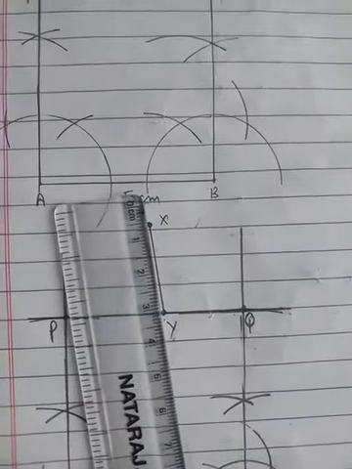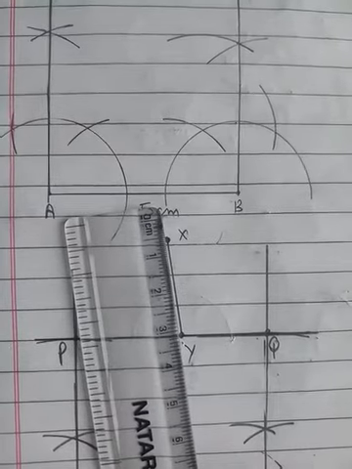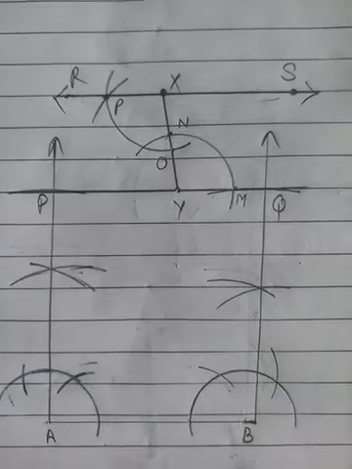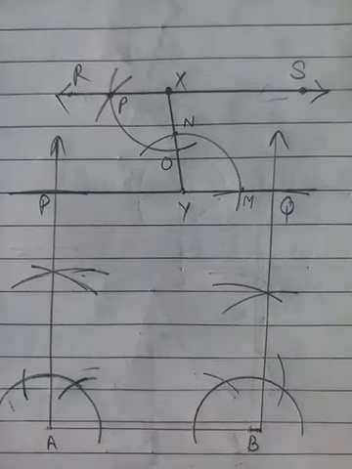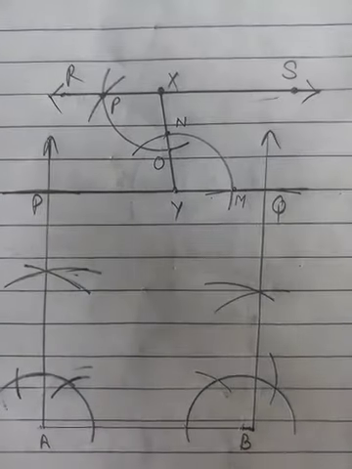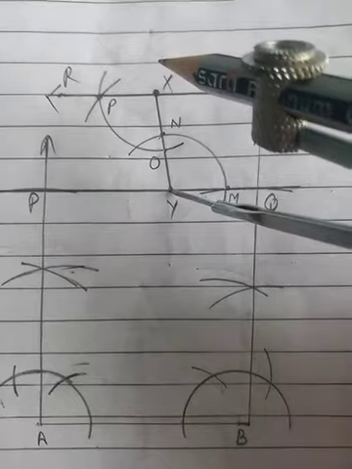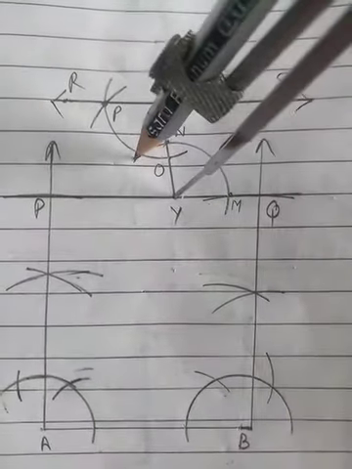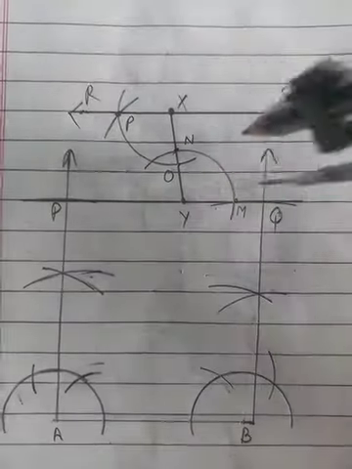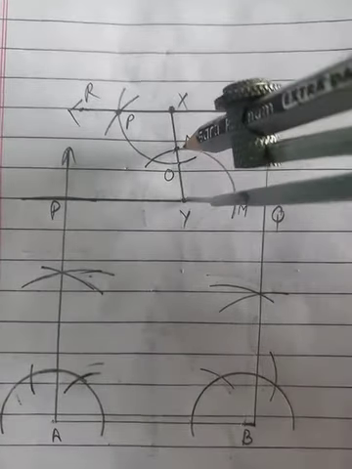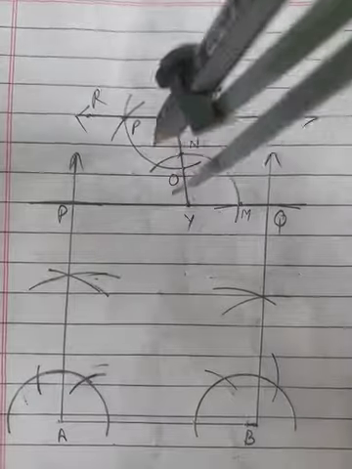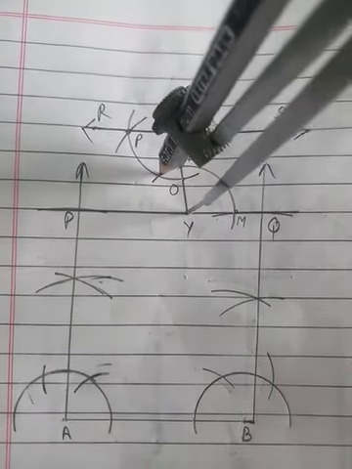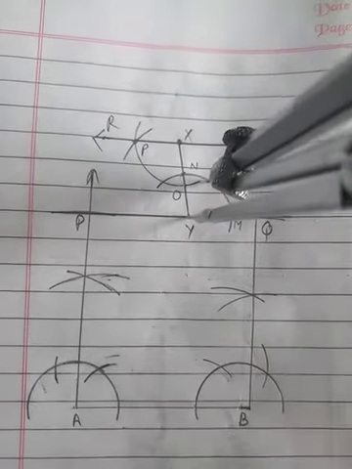Now after this we need to follow the steps which we have followed for sum number 1. Now beta, by taking Y as a center, we need to draw an arc which will intersect the XY line segment as well as the PQ. So I have drawn here an arc like this. Okay, wait, so I have to draw an arc like this.